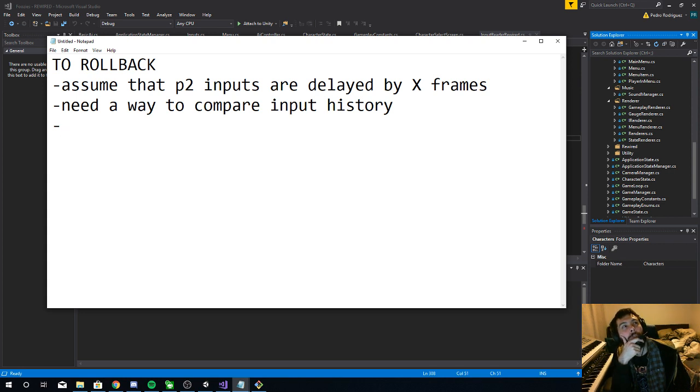Should I just compare input history or match state? I think my game is light enough that I can just compare input history, and then if it doesn't match, I can roll back to where the differences are,